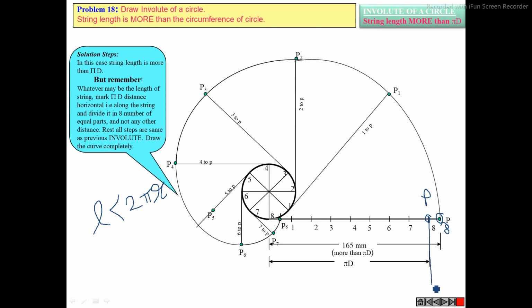So this will be the length of the line or the wire which you are wrapping on the circumference of the circle, and this length is the circumferential length of the circle. Yes or no? Yes, sir. So how much portion of the length of thread is unwrapped? This length, 8P length. If I move along the negative x direction, this 8P length is unwrapped or is behind. Clear?